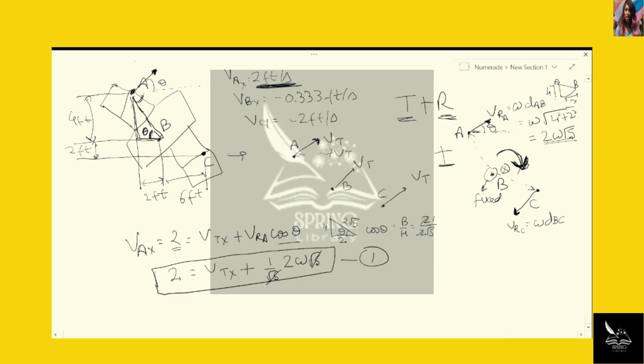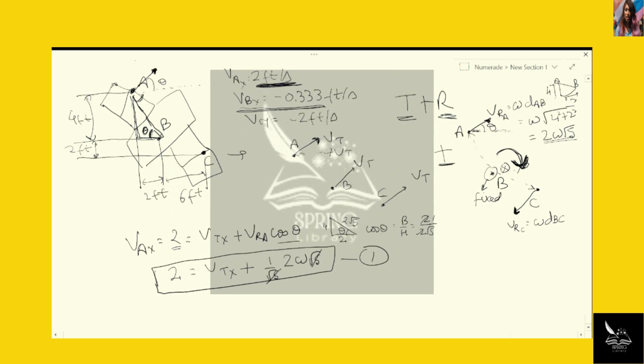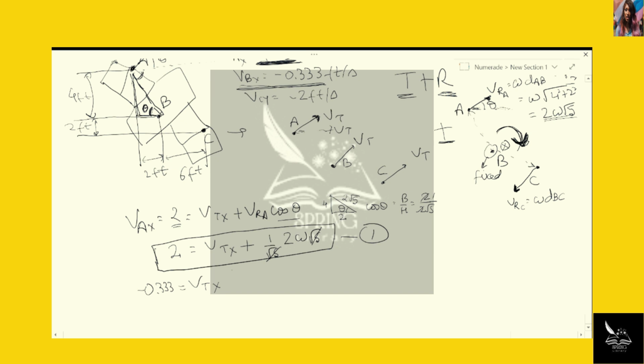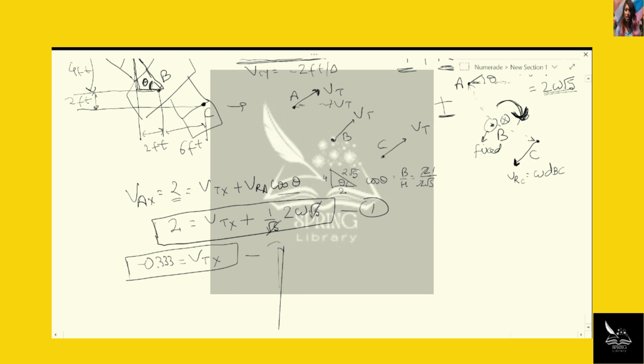Okay, now what are the other known components? So now let's look at B. For B, there is no rotational velocity, but there is translational velocity. So at B, the x component will just come from VTX. So this will be minus 0.333 feet per second. So this is our equation 2. And you can already see that equation 2 is going to simplify equation 1, but we'll use everything in the end. So from 1,